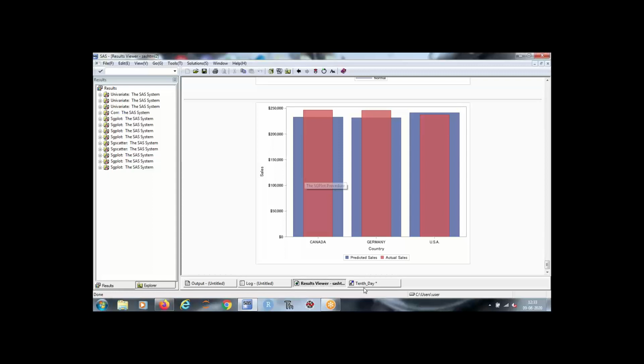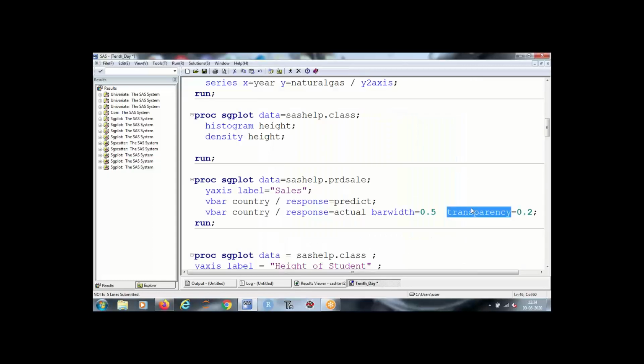You can change the bar width, and you can change the transparency to adjust the visibility of your second bar.